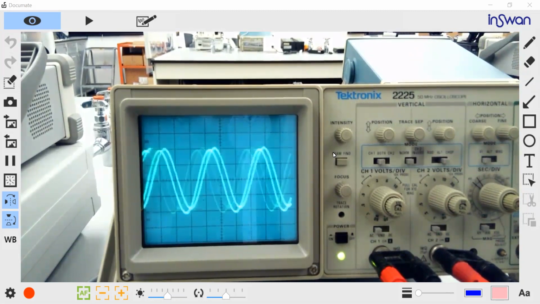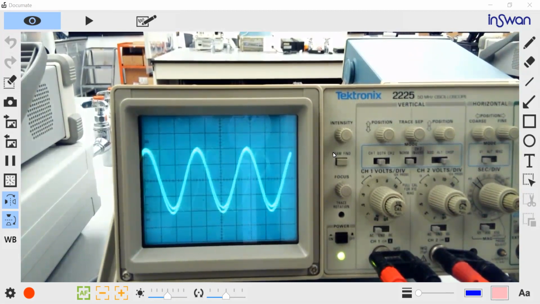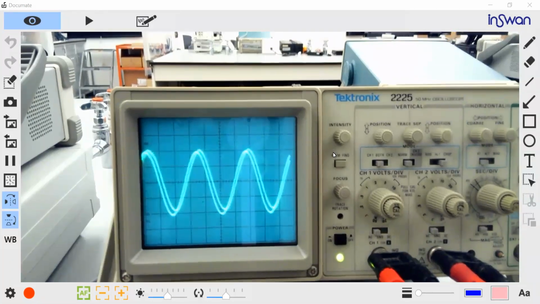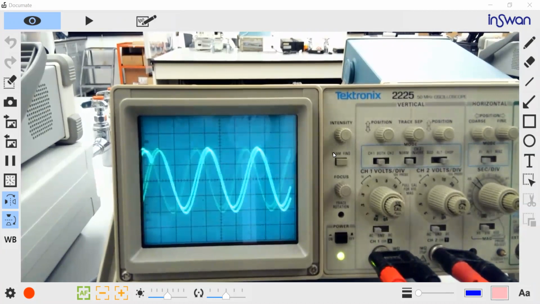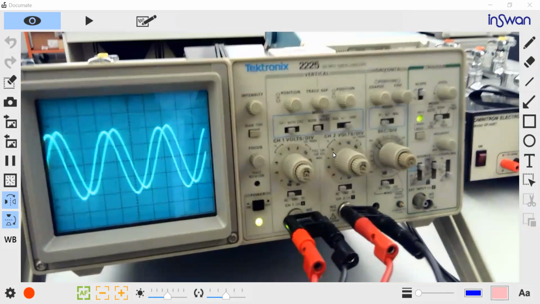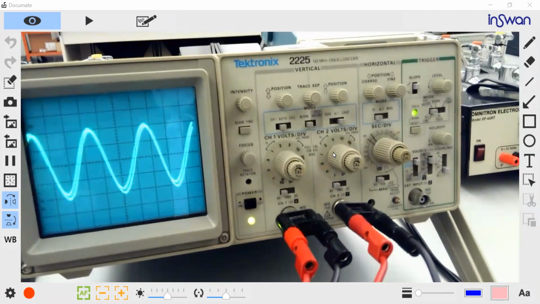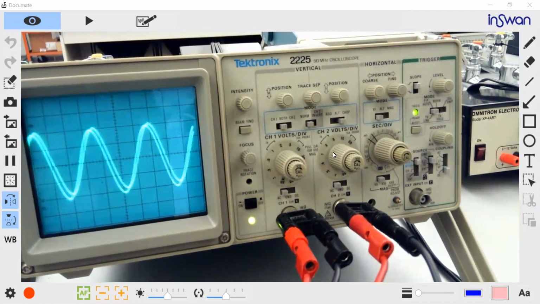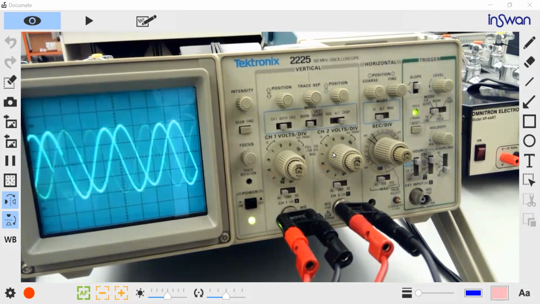We're going to use this oscilloscope later on in a couple of experiments. Because of that, I think it is very important to understand how these buttons work. The first thing is, when you look at the oscilloscope, you definitely see a bunch of buttons. Most of them we are not going to use. We're going to use a couple of buttons, so I'm going to explain what those are here.